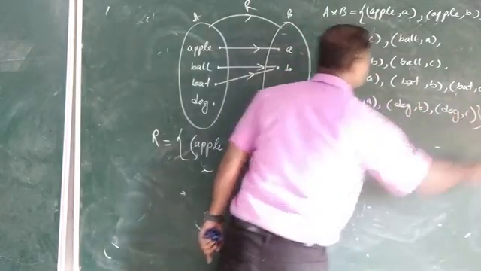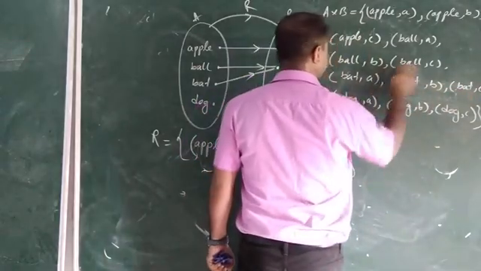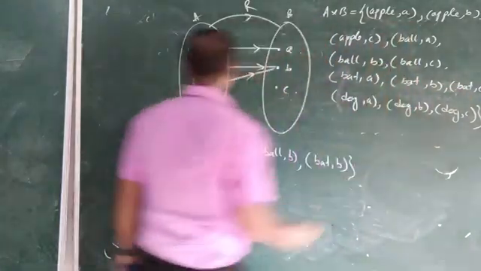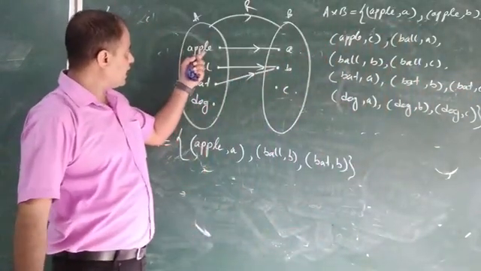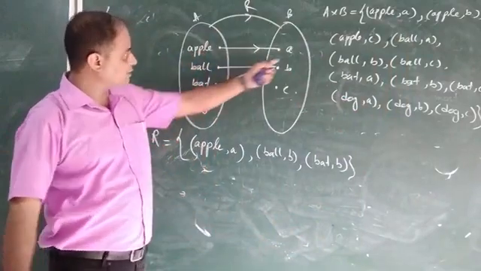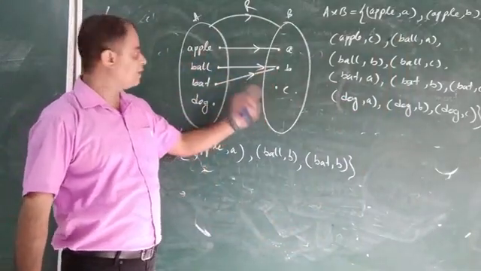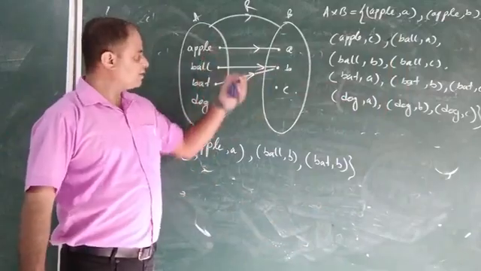Obviously 1, 2, 3, 4, 5, 6, 7, 8, 9, 10, 11, 12, because set A contains 4 elements and set B contains 3 elements. Multiply them, 4 into 3, 12. 12 elements in the